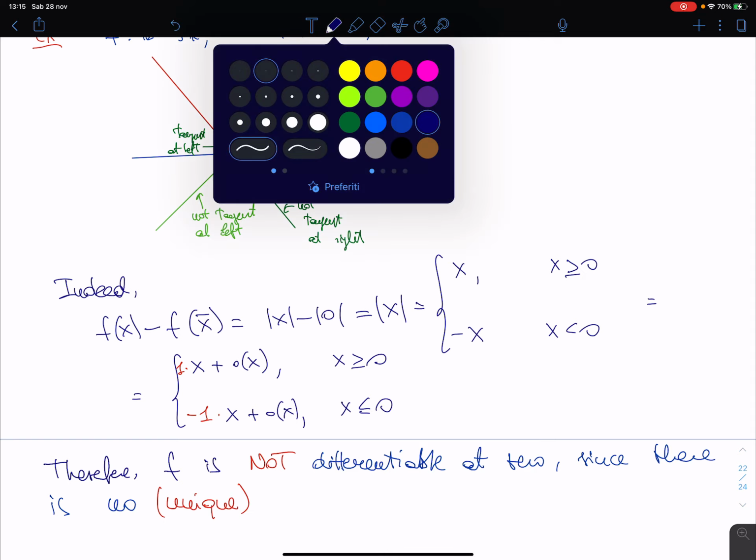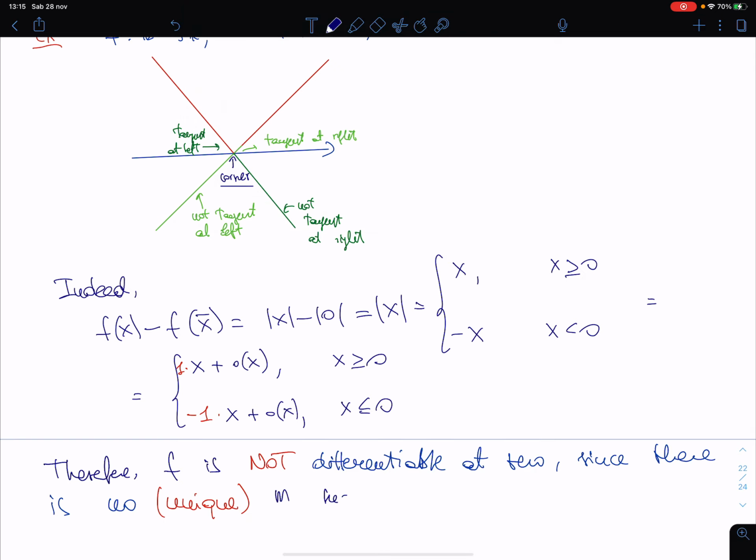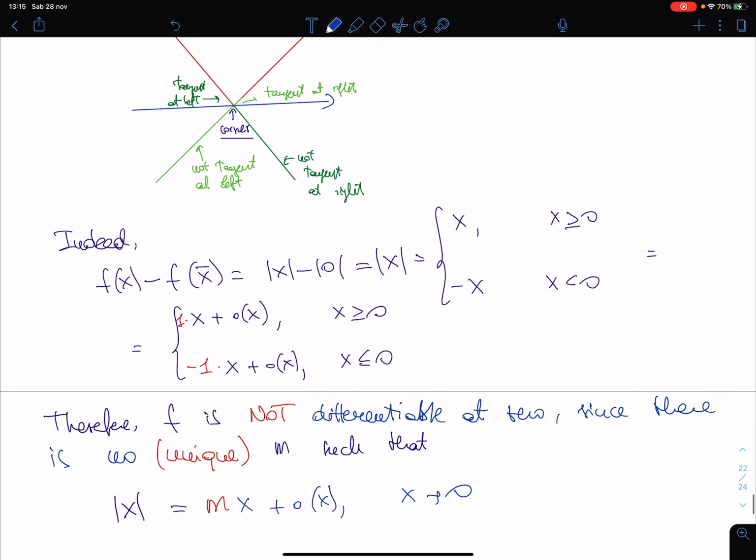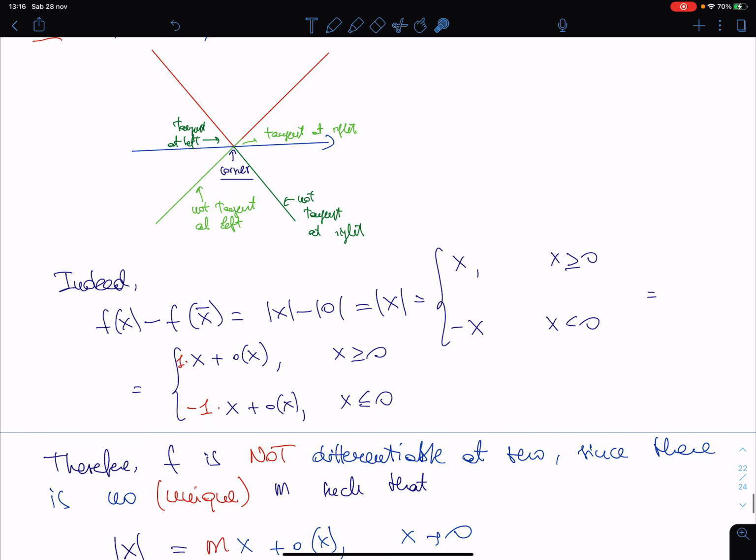number m such that modulus of x minus 0 is equal to m x plus little-o of x as x tends to 0. There is no unique such number. There are two, one which holds for positive x, minus one which holds for negative x, and this is the reason why here